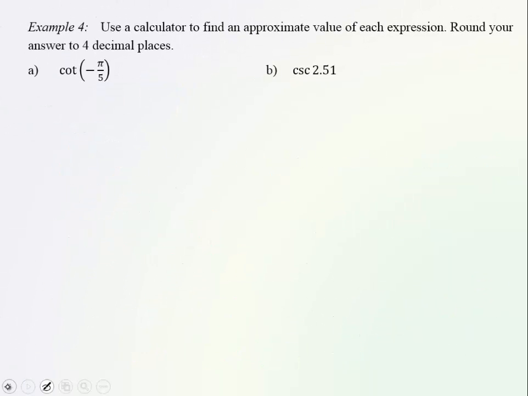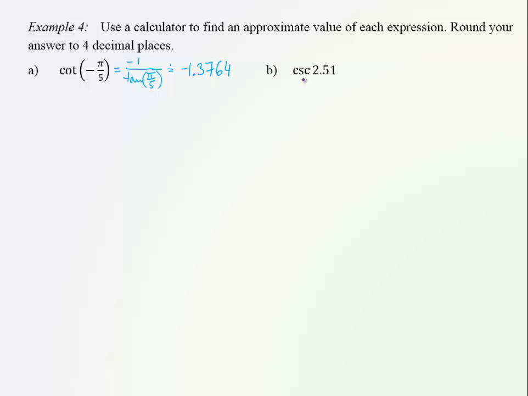Now the next question asks us to use a calculator to find approximate values of these expressions up to 4 decimal places. So that's something that you can do on your own, except that you need to remember to convert cotangent into 1 over tangent because you don't have the button cotangent. So 1 over tangent, and the negative we can already take out, and it will be pi fifth. So plug this expression into the calculator, and your answer should be approximately negative